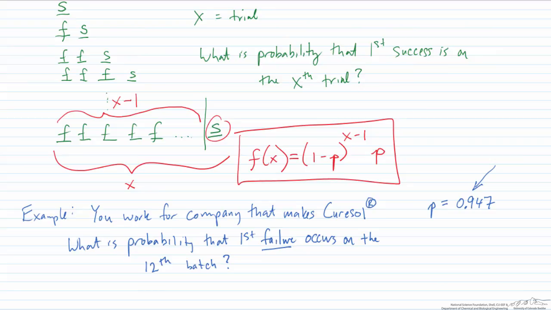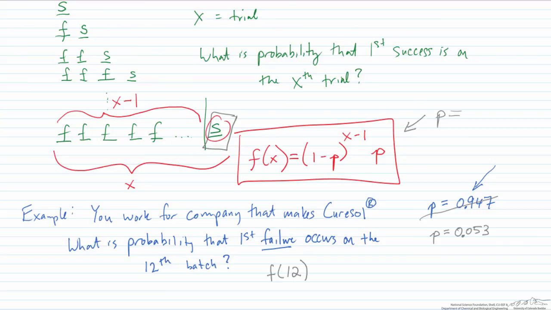So to solve this, we can use the geometric distribution. Now, you notice that in the geometric distribution, P is the probability of a success, but in this case we're going to call a failure the "success." So really, we have to change our P to be the probability of a failure, because the success in the geometric series is what occurs last. So we're going to go success, success, success, success, failure.